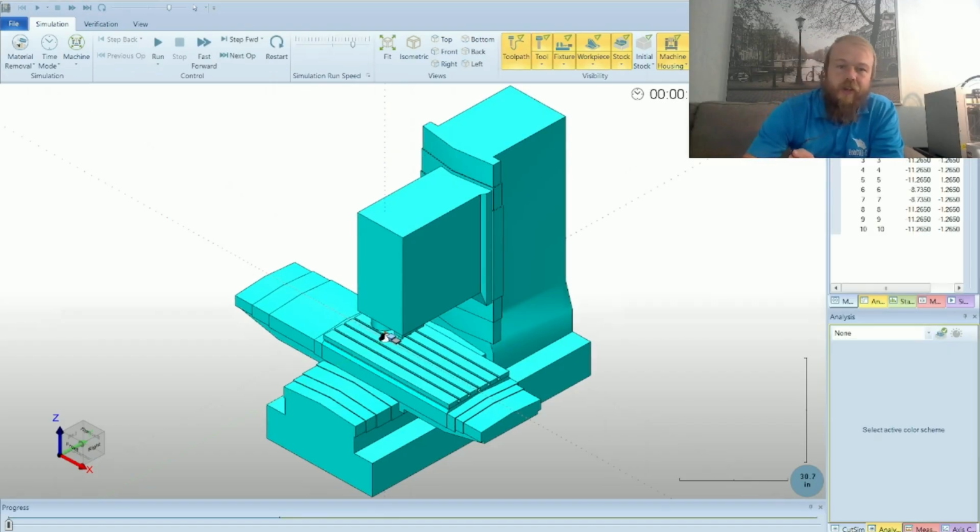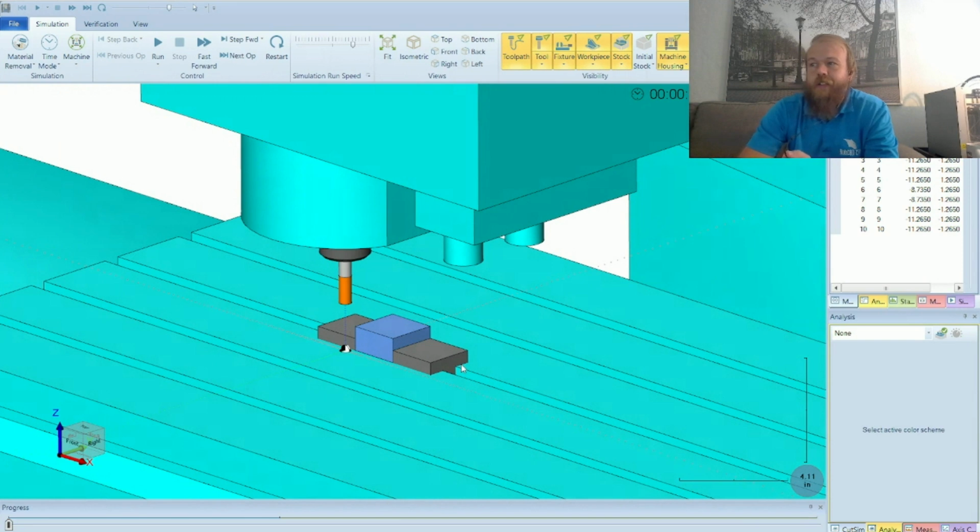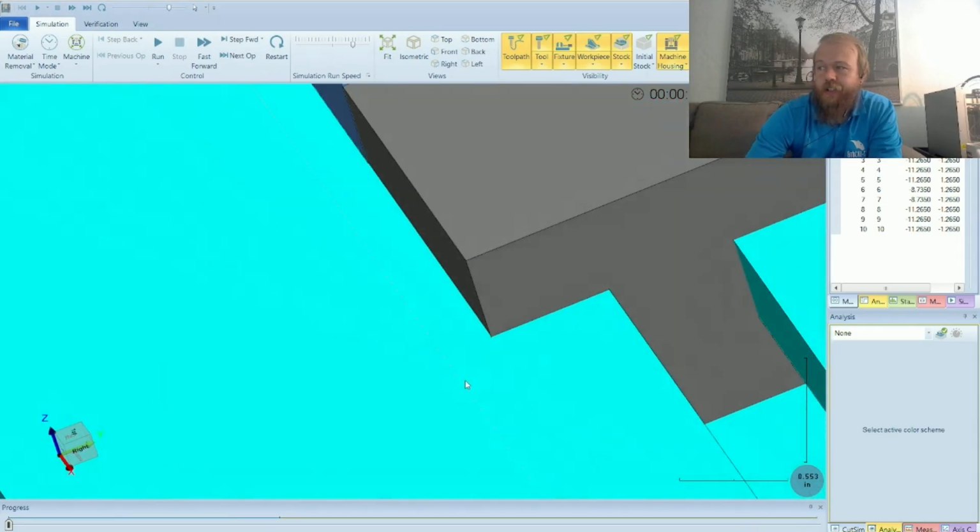And then let's view the fixture in our simulation. So this is a great way to be able to view all of the components that you see at your machine and make sure everything is what it's supposed to be. To get the fixture moved up high enough, we have to do that work offset XYZ again. I'm trying to think of what the number would be. I think we'd be going up 1 inch extra. So to move all of this an extra inch above the table so that the fixture isn't sitting inside of the table like this,